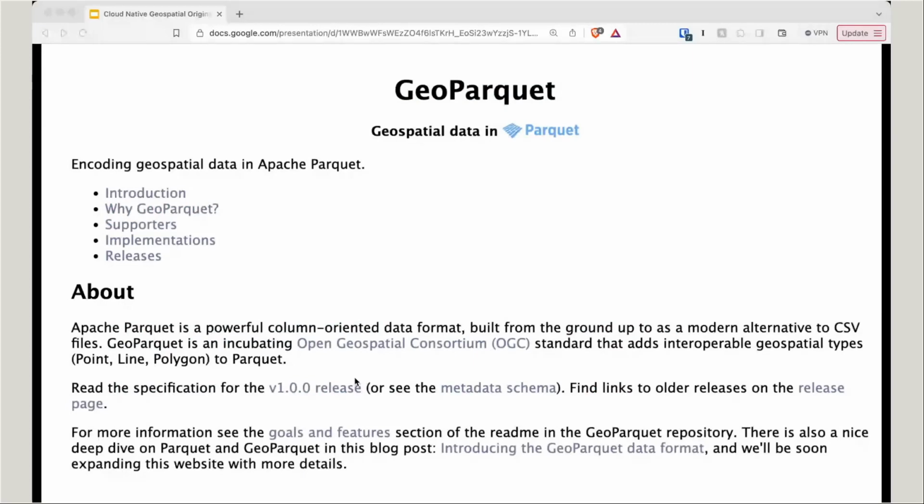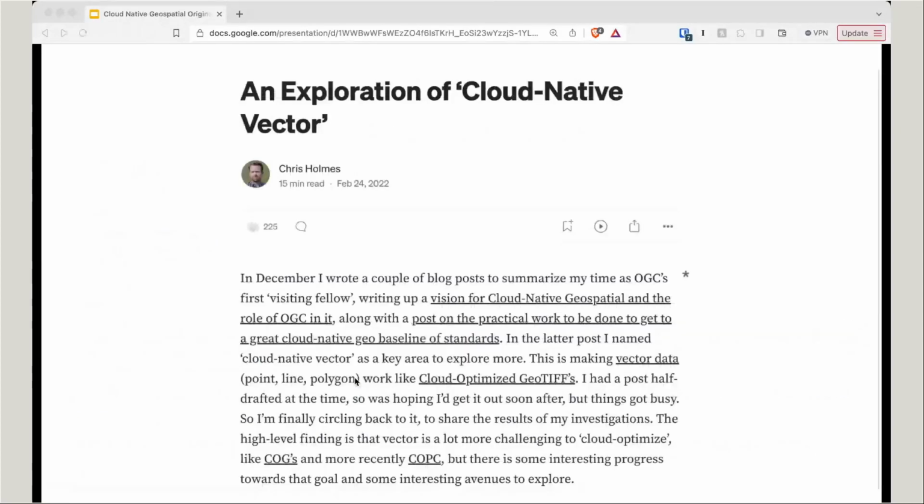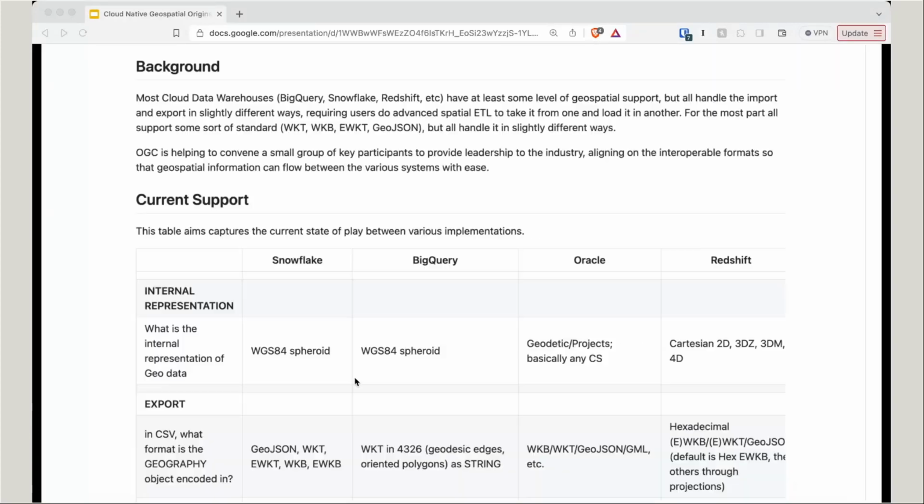A good part of that is I think vector data is where geospatial most likely can really go mainstream to general IT. And so I started my career in vector data. First thing I coded was a MySQL driver for GeoServer, but then I didn't really understand raster data until I came to Planet. And I hadn't thought much about vector data in the past 8, 9, 10 years. But I got this fellowship with OGC and got sort of time to explore.